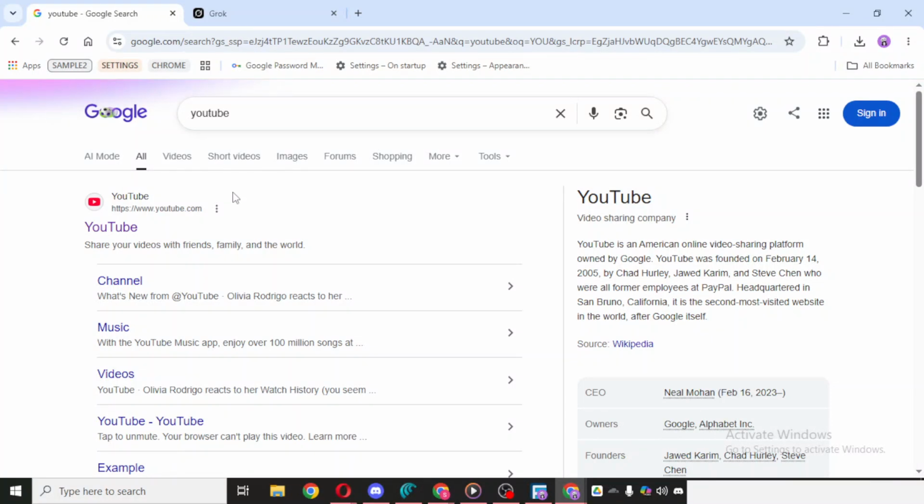Once you understand these basic tools, you're ready to start using Chrome with more confidence. The address bar helps you search and visit websites. The plus icon opens new tabs, and the refresh button helps reload a page when needed. These are some of the core actions you'll use again and again. From here, feel free to explore. The more you use Chrome, the more natural it will become. Take your time clicking around, opening tabs, and visiting different websites so you can get familiar with how everything works. With just these basics, you already have a strong start using Google Chrome.